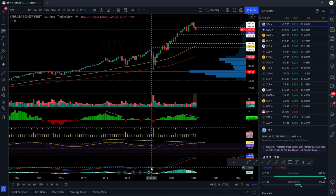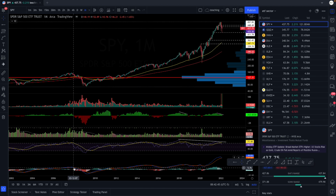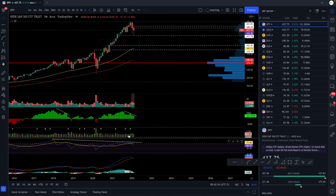The last time this MACD did cross over was here in 2020, then in 2018, and then we had a big one here in 2015, which was minor. And then a big one here in 2007. So these are the MACD crossovers. We are getting indicators, but these are lagging indicators, they're not leading. What these indicators imply about market conditions is that it does start to look